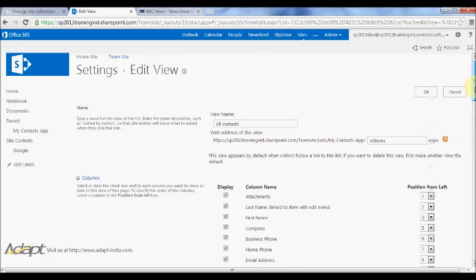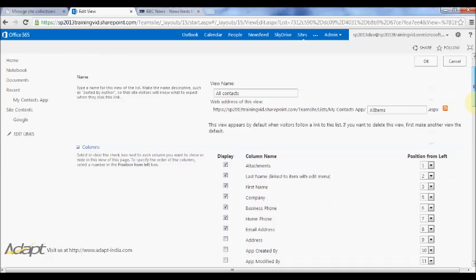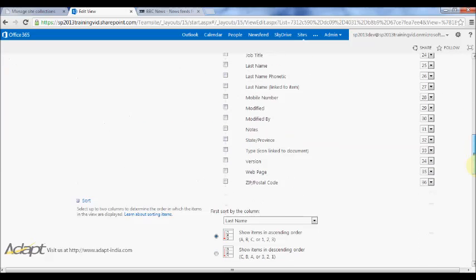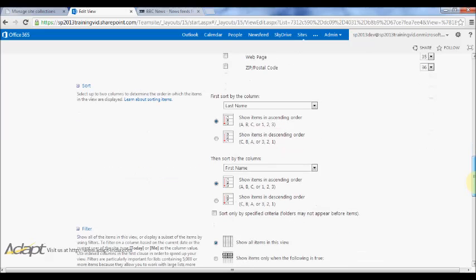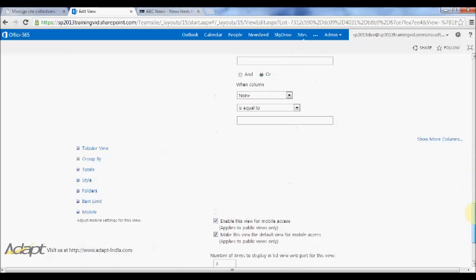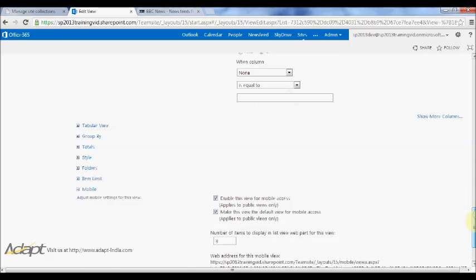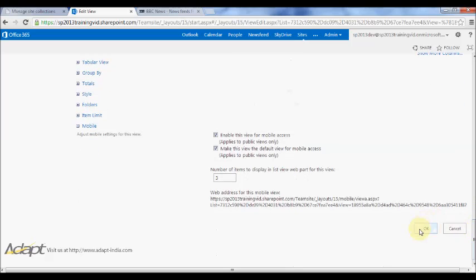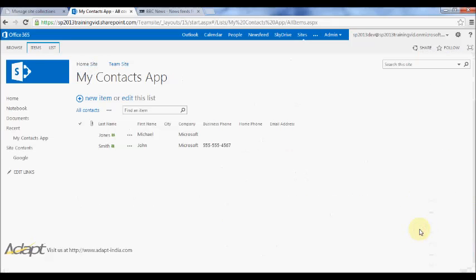Views have a number of other things that you can do with them, and we'll get into those in more detail later. But you can see here I have the ability to choose if I want this view to be sorted automatically or filtered. There's also a number of other options here that are much more for advanced users, so we'll get into those in another video. For now, I'll just press OK,